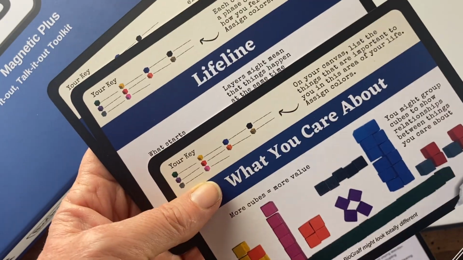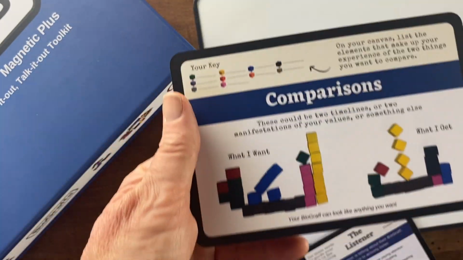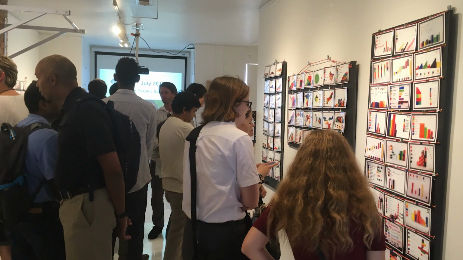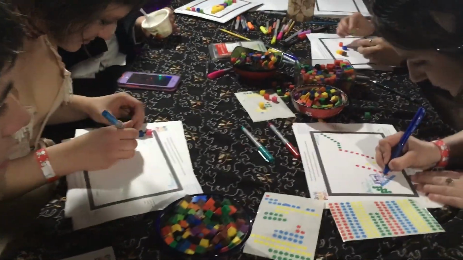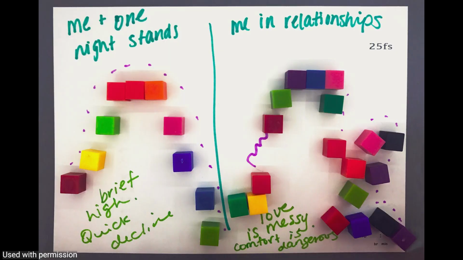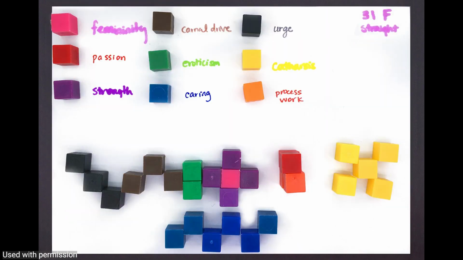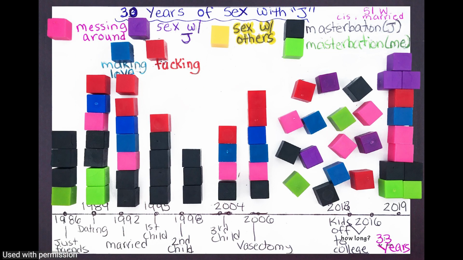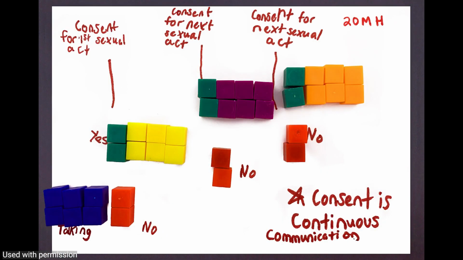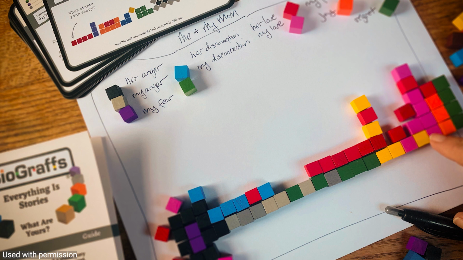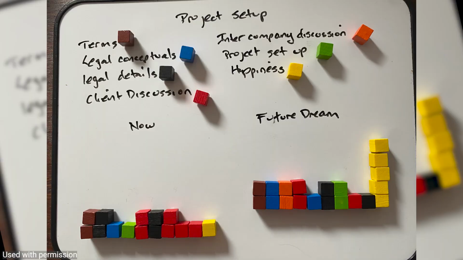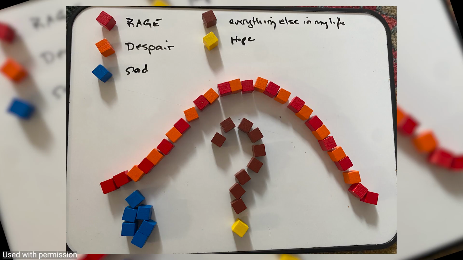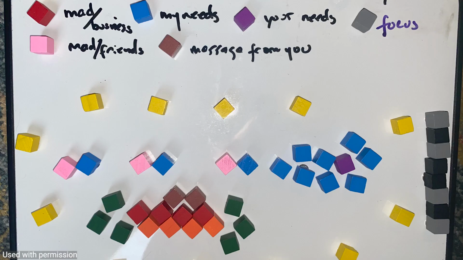In your biograph kit, you'll find 8 storyboard cards. When Biographs was first developed, it was presented as an interactive art installation, and we collected nearly 1,000 biographs people had made and submitted to the project. Analyzing these revealed 8 basic ways that people approach the task of making a visual story with cubes. A timeline was the most common. Others are like a bar graph of values. Some are like 2 little biographs side by side comparing 2 things, and others are more freeform, what we call mosaics.